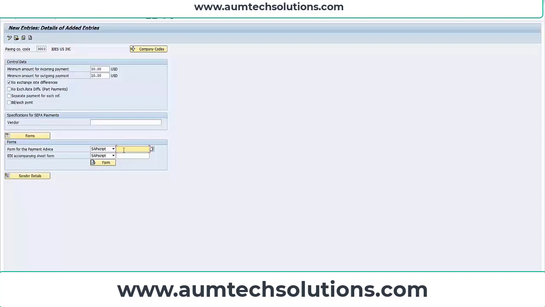System also creates a payment advice. A payment advice is a list of vendor invoices along with their amount for which the payment has been made to the vendor through the payment media. Now, to create that payment advice along with header and other layout, we can use SAP script. So let us select a SAP script which can be used to make the payment advice.